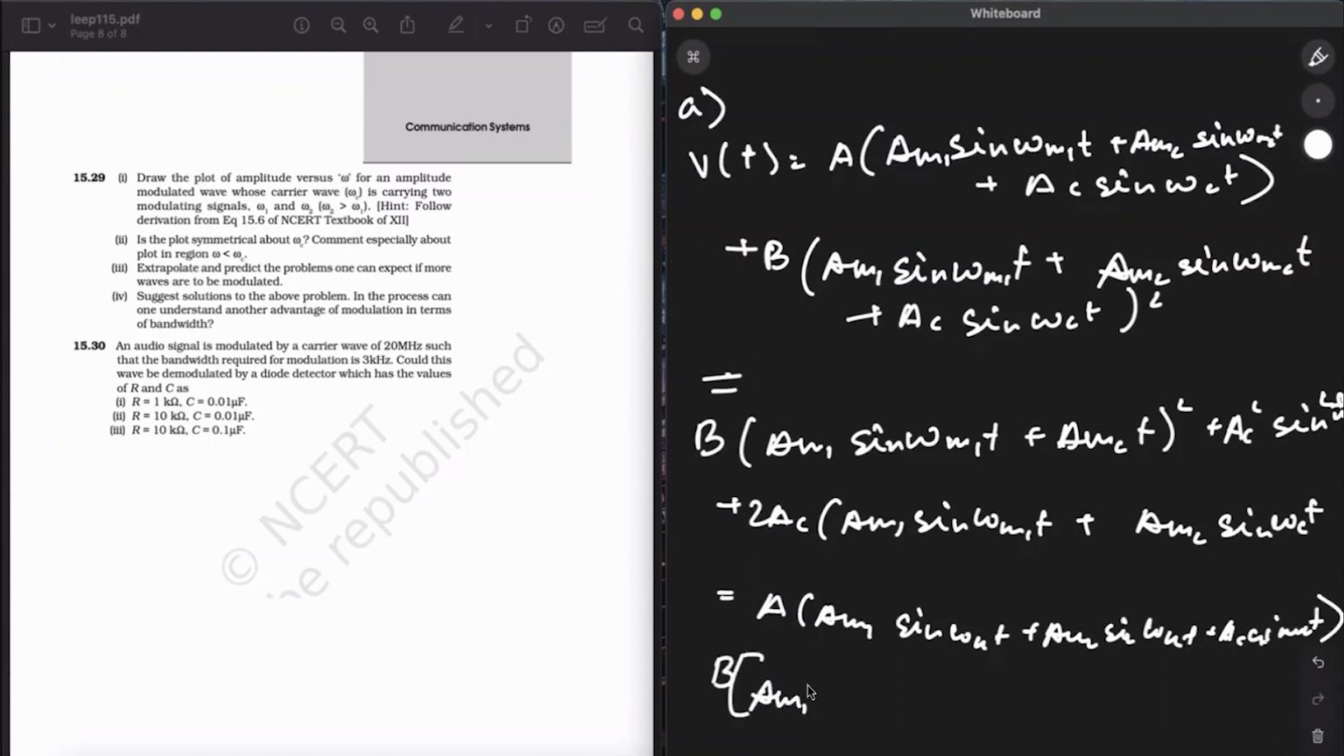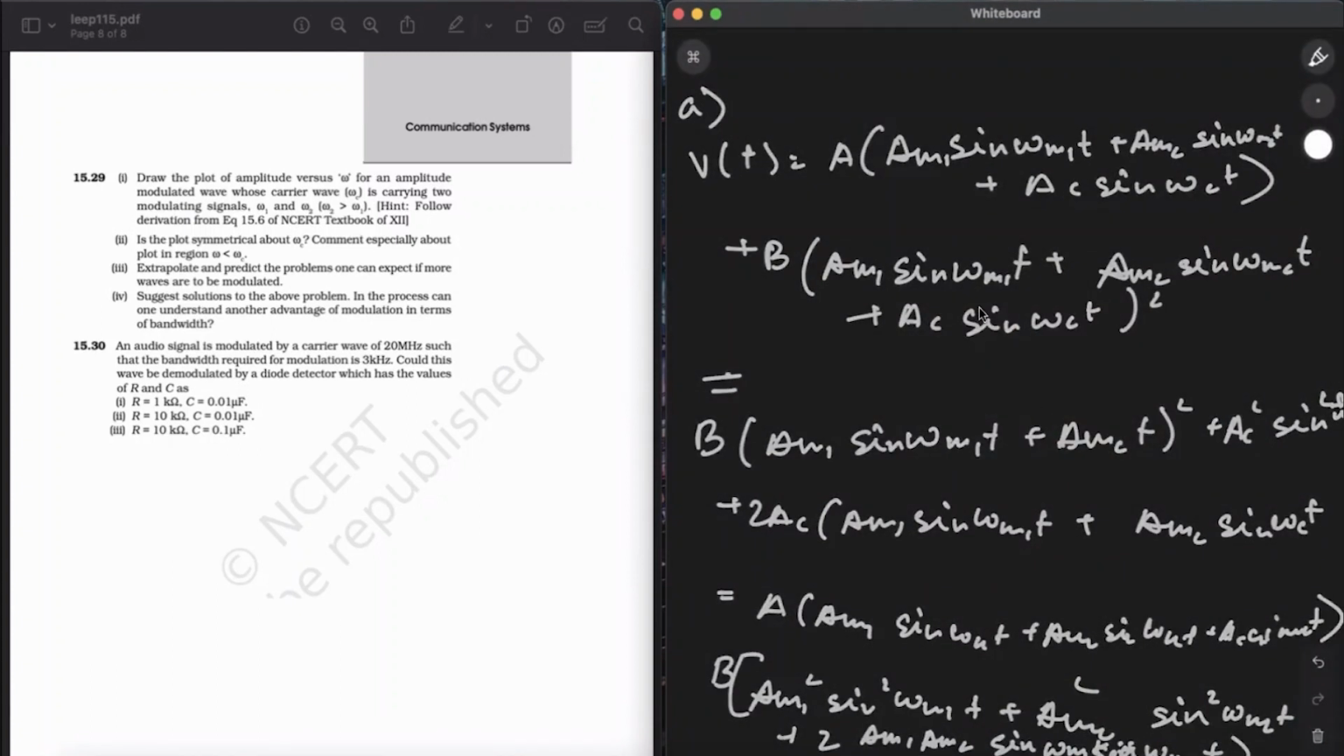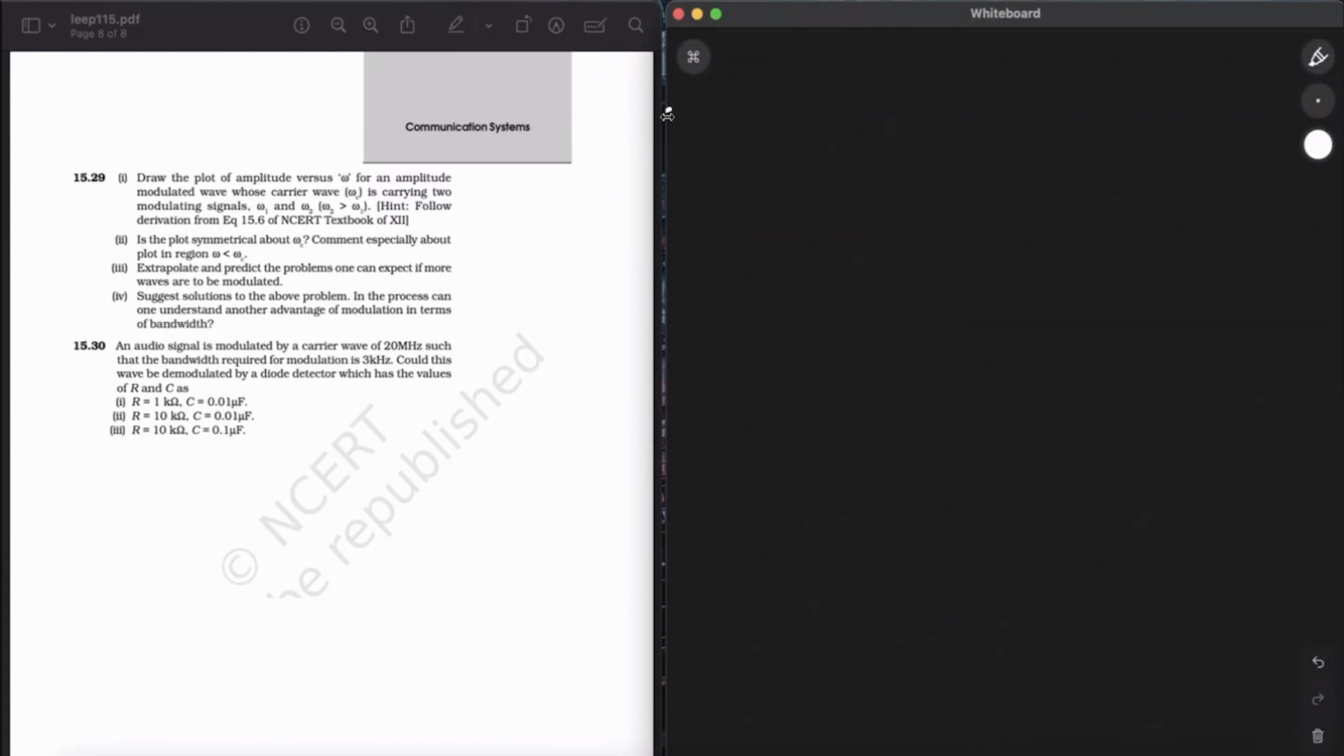B Am1 का square sine square omega m1 t plus amplitude modulation 2 का square sine square omega m2 t और plus 2 times Am1 Am2 sine omega m1 t sine omega m2 t. Already. Now if I want to write it, A m1 sine omega m1 t plus A m2 sine omega m2 t